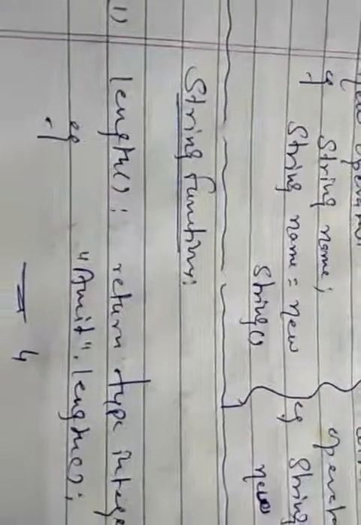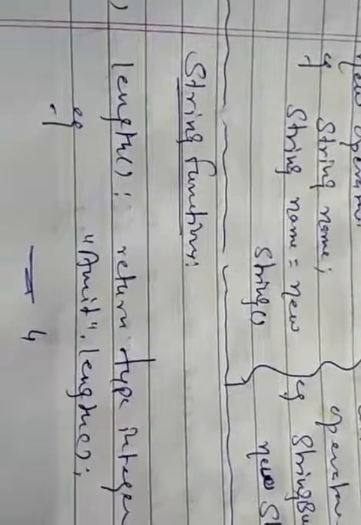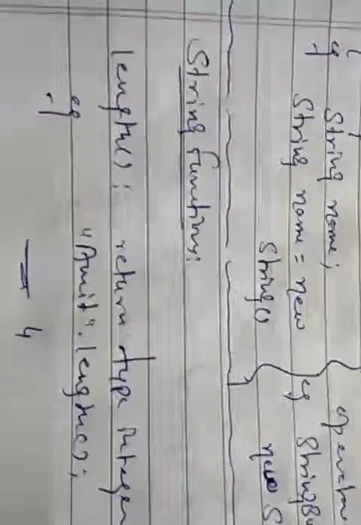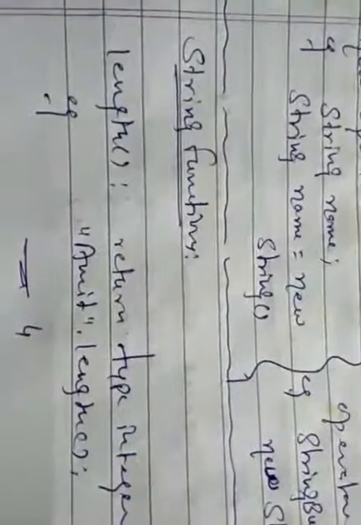And now for string programming, first we have to study string functions. Number one function is length. Length is the only function of a string that starts from 1, and all the other functions start from 0. The return type of length is integer, and this will return the length of any string. So amit.length, the final answer of this will be 4. A is starting from 1, so 1, 2, 3, 4.